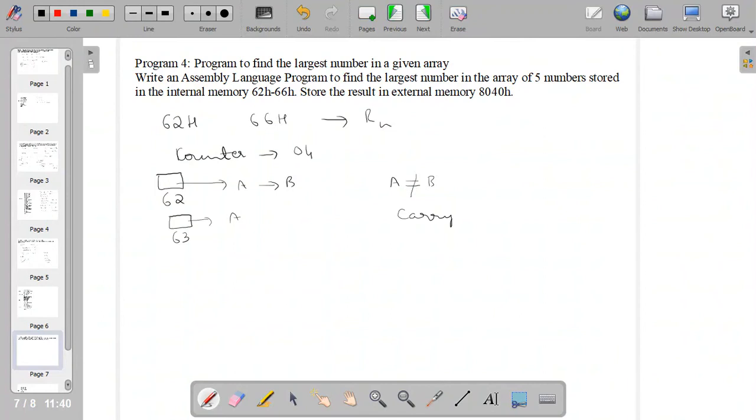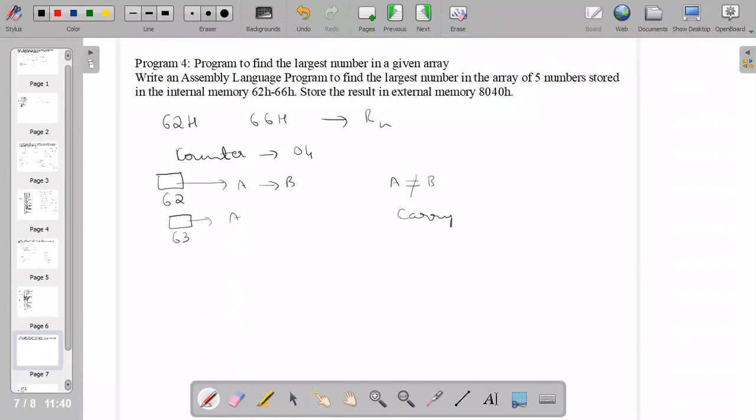If there is carry produced, means A is less than B. So the exchange has to be done between the content 62H and 63H. And if there is no carry produced, then there is no need of exchange between the location 62 to 63H.